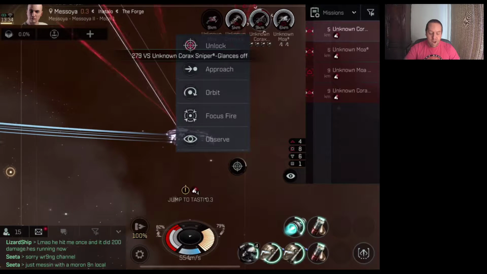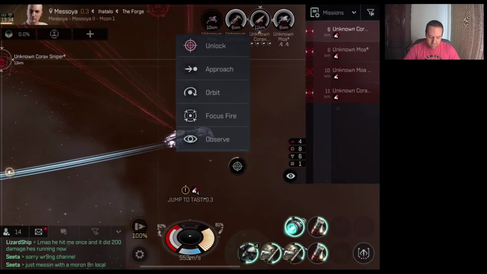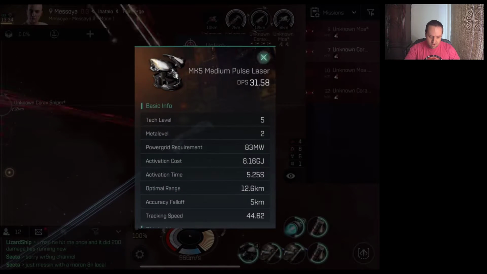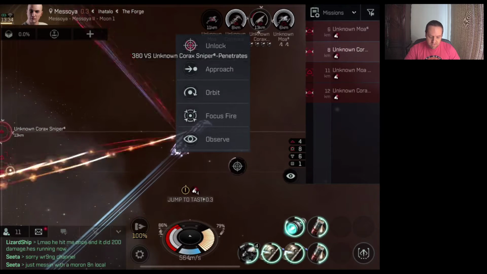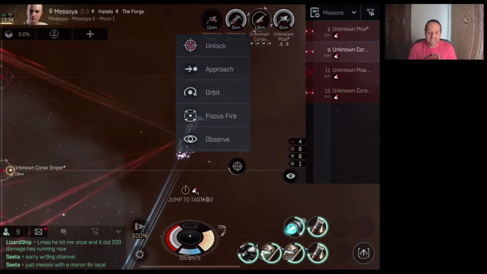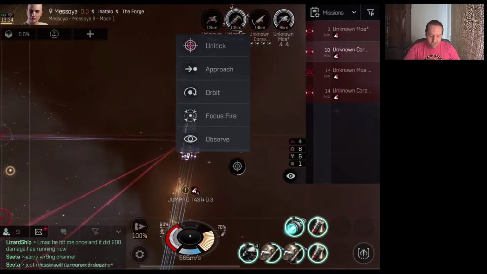Whew! I almost had a heart attack, guys. Our range is roughly 16, so we should be okay. My hands are very sweaty. I haven't done a run like this in an Omen Trainer in a very long time, so...